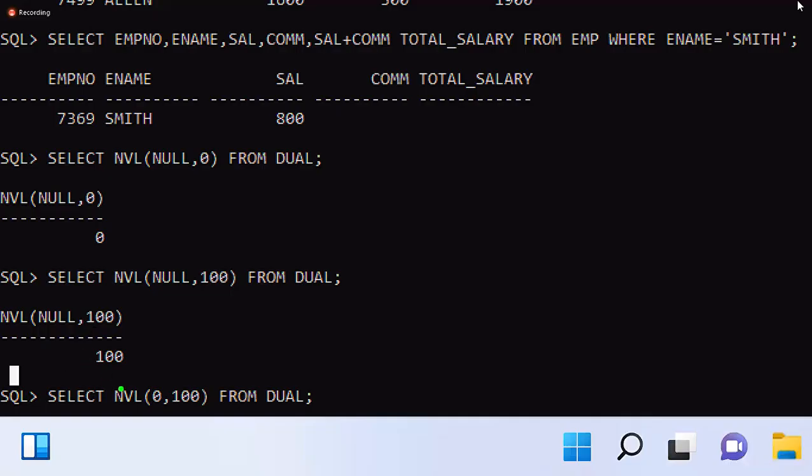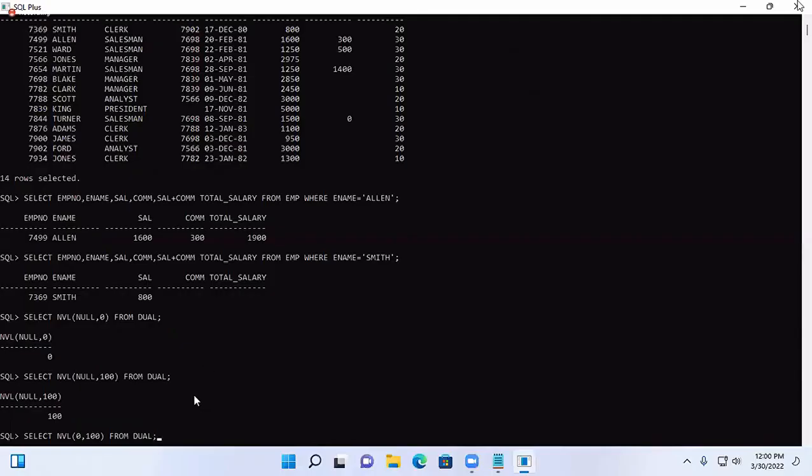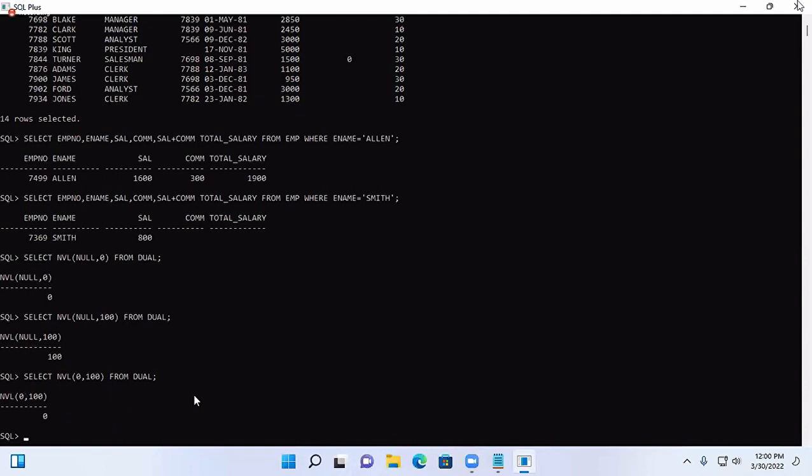In my third expression, in the expression 1 place, what is there? 0 is there. Is 0 equal to null? No, we just discussed that. Yes or no? So it's not considered like that. So what does it return? 0 only is returned. For example, the next one I'm giving here,